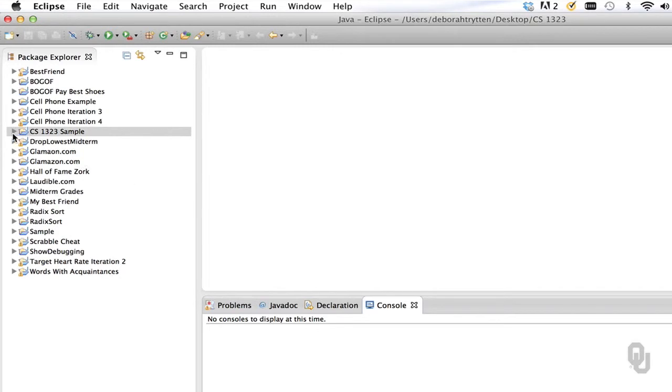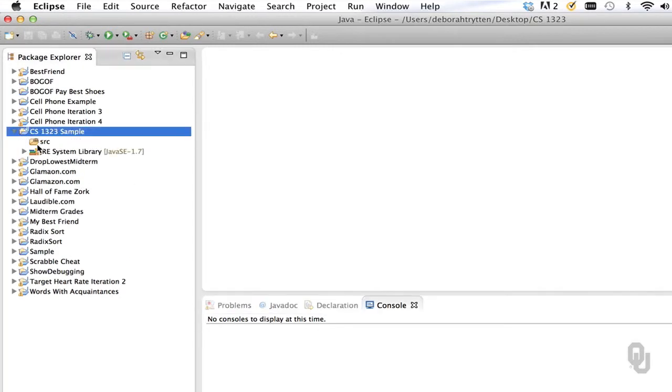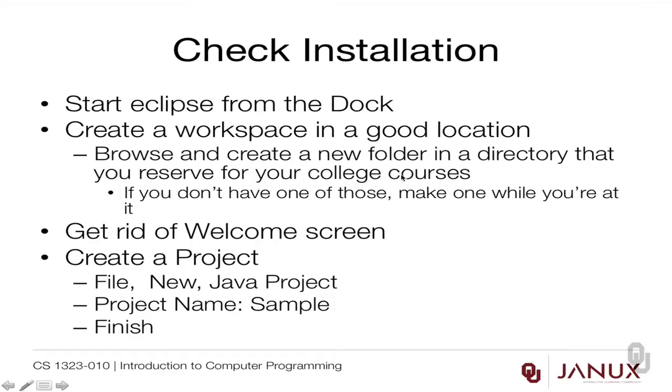Now, it highlights the one that it creates over here, and when you look in it, it will create a directory called source. Source is where our files go, and so that's where we want to place them. So we'll select that directory. So now that we've created our project,